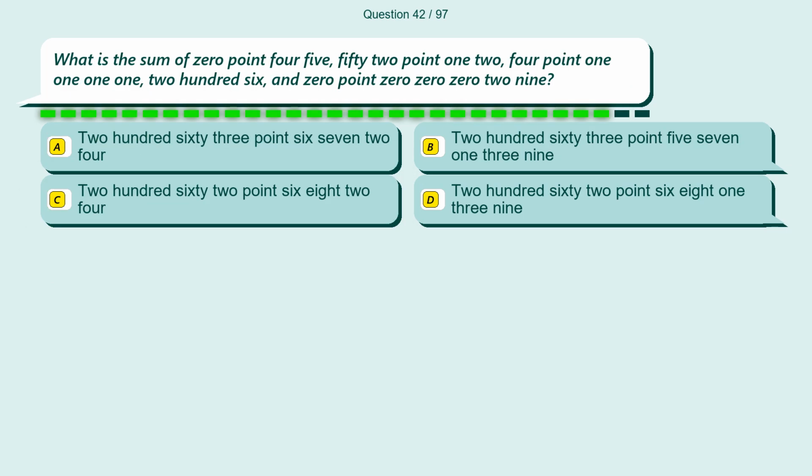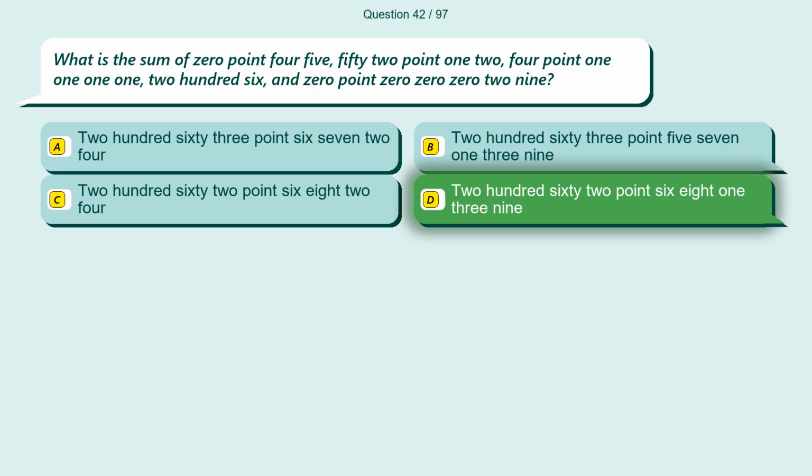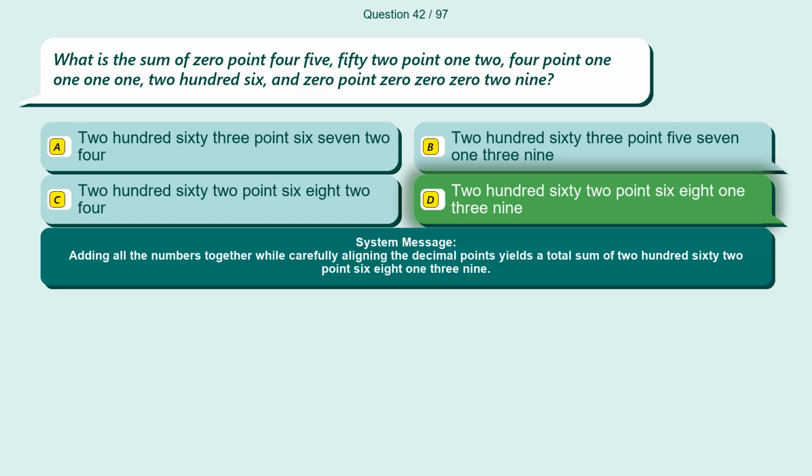Question 42. What is the sum of 0.45, 52.12, 4.1111, 206, and 0.00029? Option A, 263.6724. Option B, 263.57139. Option C, 262.6824. Option D, 262.68139. The correct answer is option D, 262.68139. Adding all the numbers together while carefully aligning the decimal points yields a total sum of